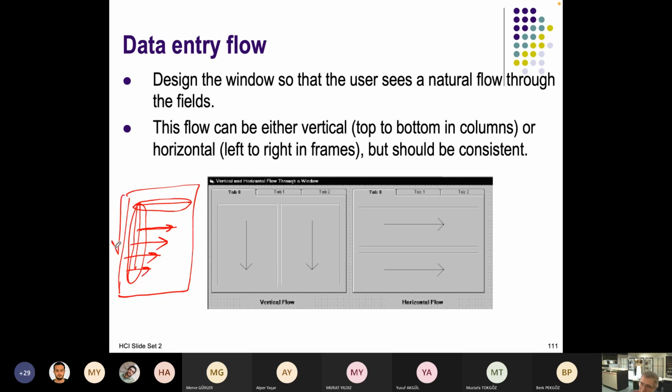So from top to bottom, from left to right, there is a flow, and use that kind of flow